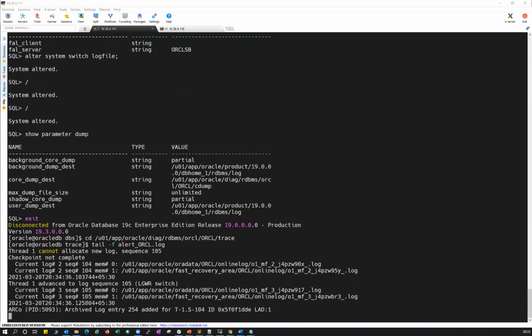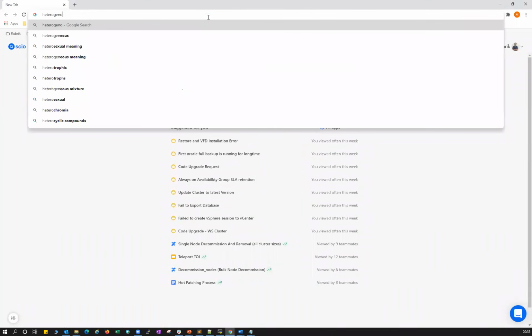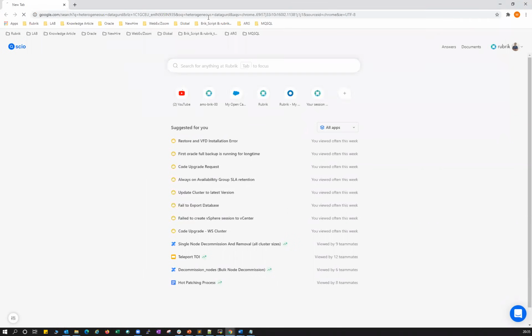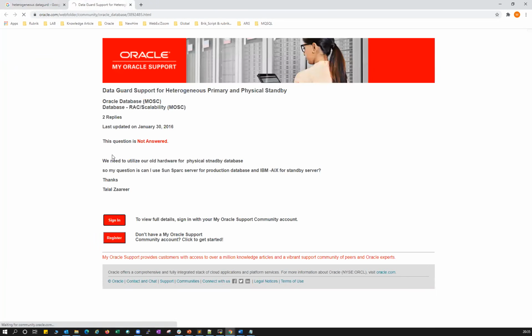If you go to the MOS document on heterogeneous Data Guard, Oracle has documented that Data Guard supports heterogeneous primary and standby. If you go to this particular document, it talks about which server to which server combinations are supported.